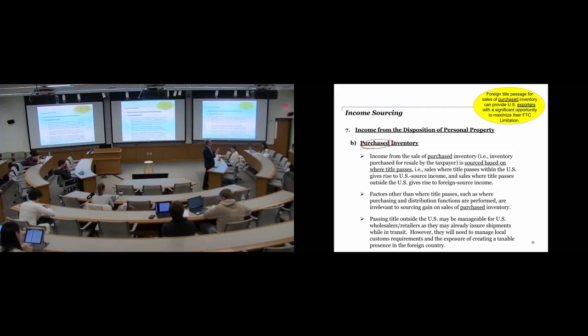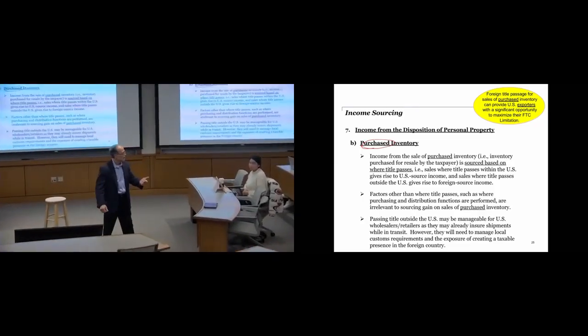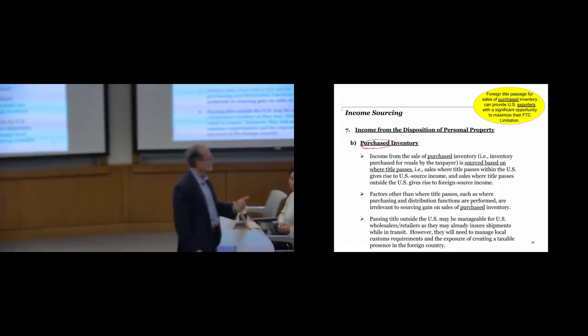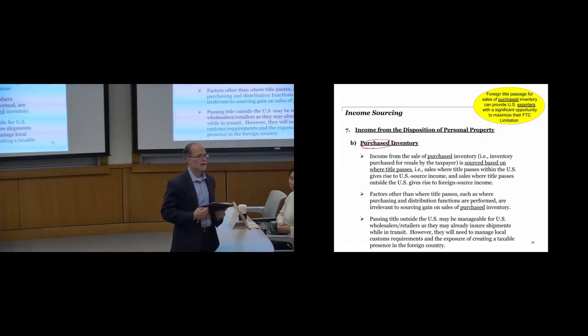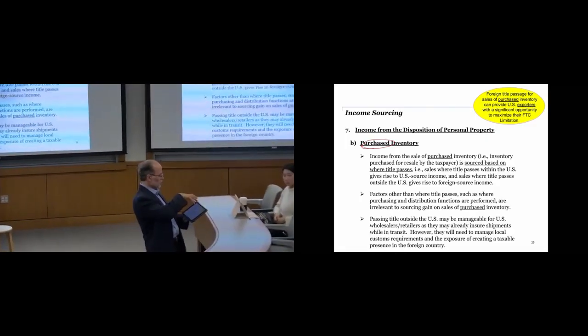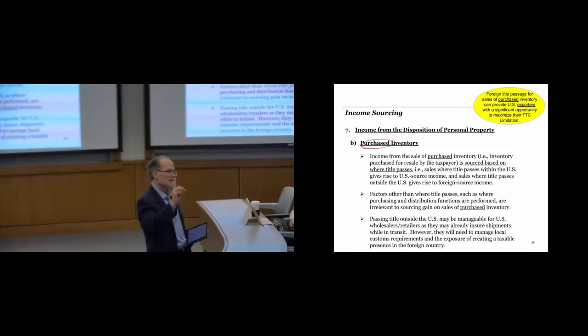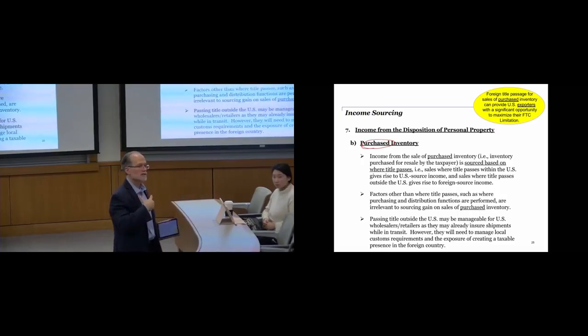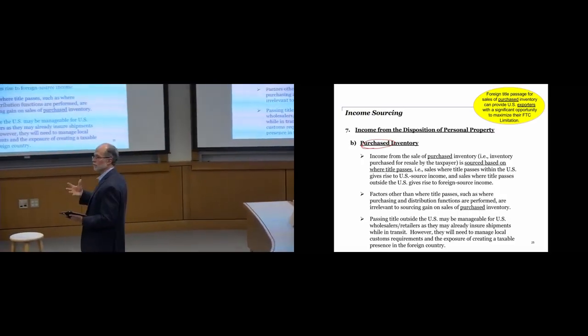So that's a great example of how you could get lost in all the other mechanics of what's going on. But the question you first ask here is, is that inventory purchased or not? If it's purchased, then where does title pass when I sell that inventory? Okay? This is one where, remember that multiplication. We want foreign source income. If this is a U.S. company and we want the foreign tax credit as high as possible, we want the multiplication to be as high as possible. So we would want foreign source. This is where you can be a good tax planner, where you can work with the other parts of the business